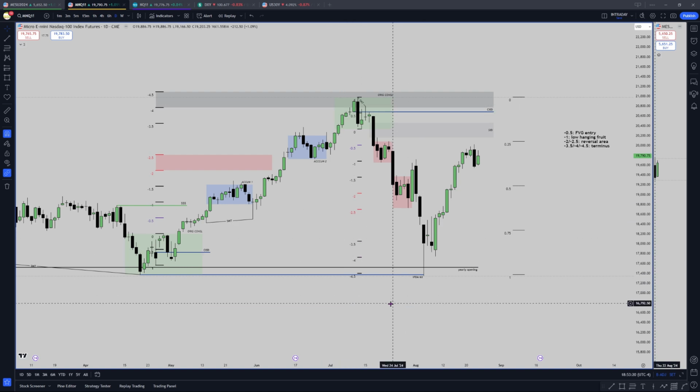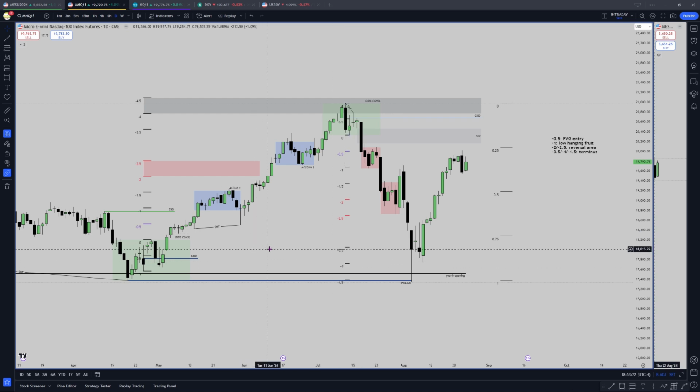I draw the standard deviations by myself. For my analysis, I start with the weekly, then I go down to the 4-hour, then the hourly, then the 15-minute, and then my entries are based off the 1 minute, 3 minute, and 5 minute. ICT, so